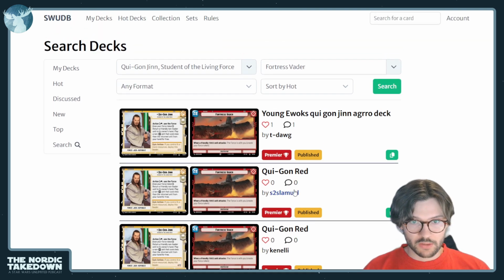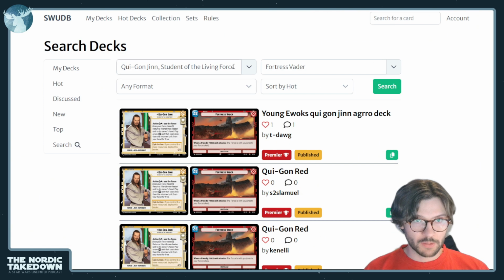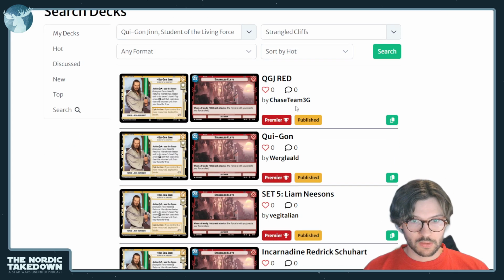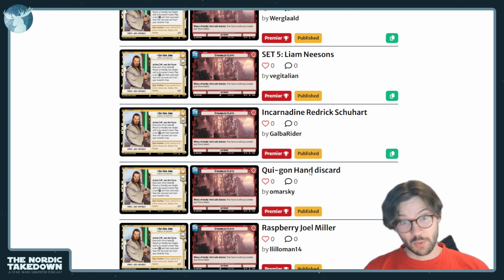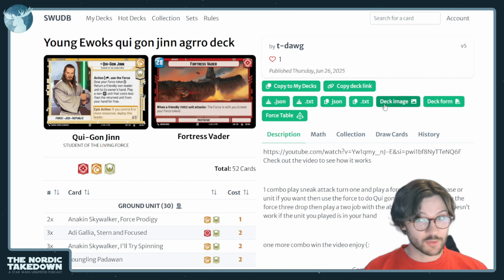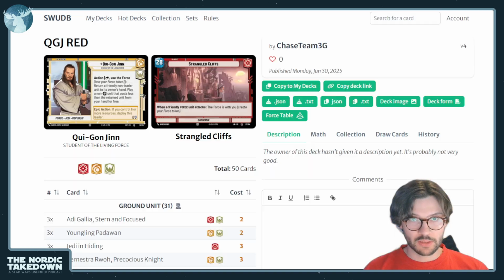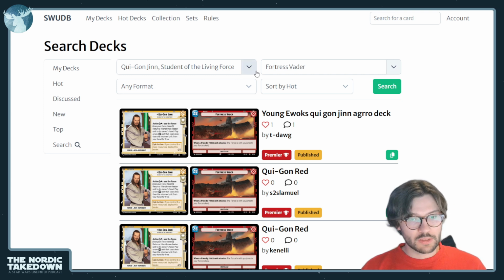So what I'm going to do now is click some of these, open them, close this, and some of the other base in case. Personally, I wouldn't put Qui-Gon in Fortress Vader, but maybe some players have found success with it. Then I'll just open all these images so we can very quickly go through them and look. So already what I'm thinking